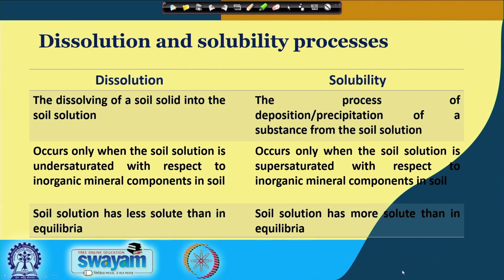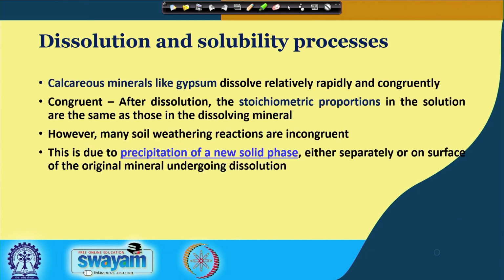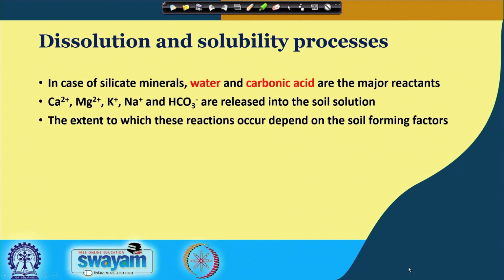So then we have talked about dissolution and solubility. Remember, dissolution and solubility basically control weathering, soil formation and contaminant mobility. For different soil minerals like calcareous minerals, gypsum dissolves relatively rapidly and congruently, and we have talked about what the incongruent reaction is. Then we have talked about the dissolution of the silicate minerals, and from there we have shown you how to use